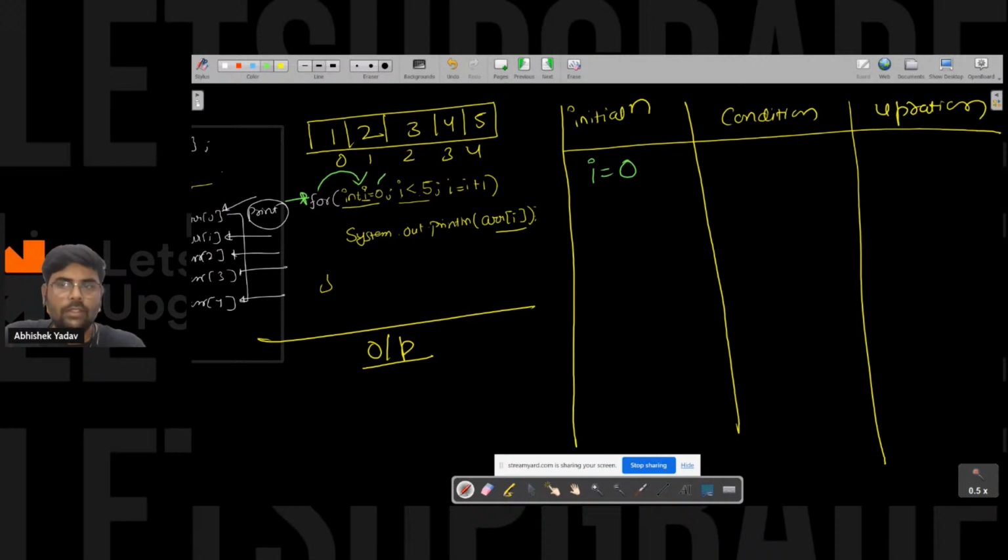After that you will jump to the condition part, and here the condition is what? i less than 5. So here the value of i is what, guys? 0. So 0 is less than 5. Yes, 0 is less than 5. The condition is true, so you will move inside the body of the for loop. The moment the condition is true, you will move inside the body and execute this line, that is